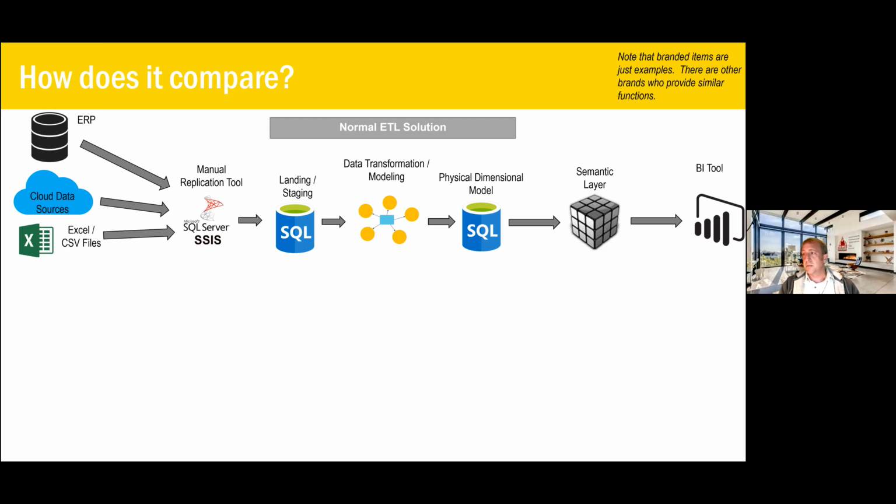You transform it and you model it, in the Kimball world into a star schema, which most people in the business world use Kimball models. So you clean your data, you structure it using extract queries, and then you generate your facts and dimensions in your physical dimensional model. Having this model, you then usually extract or pull the data into a semantic layer, which is optimized for very fast response times when you're building BI solutions. So this is a typical ETL solution. Any comments or questions about what a typical data warehousing stack looks like?